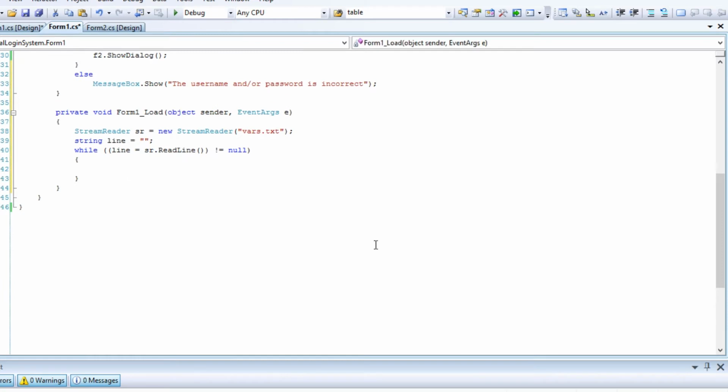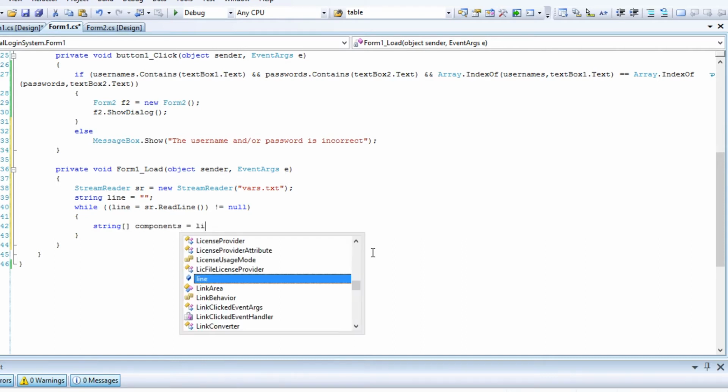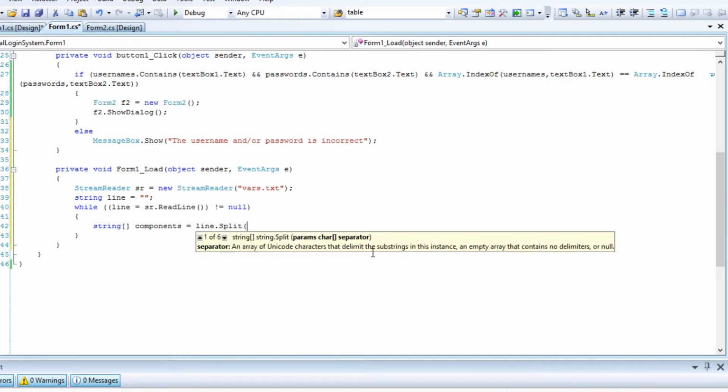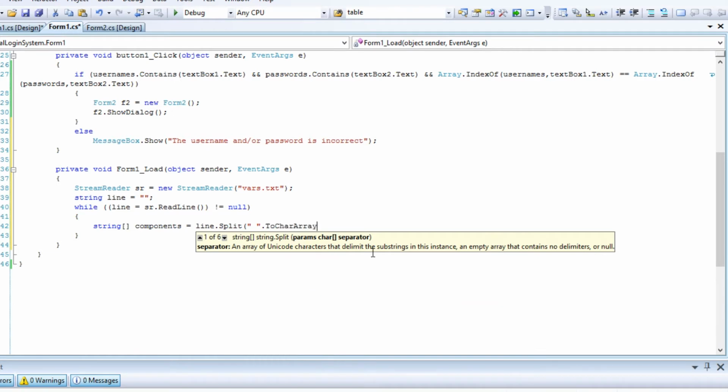Since every line in the TXT file contains both a username and a password, we need to separate them. In each iteration, a string array should be declared, which will be filled with two line components, which are split by a space symbol.